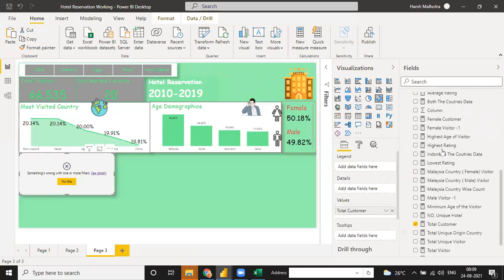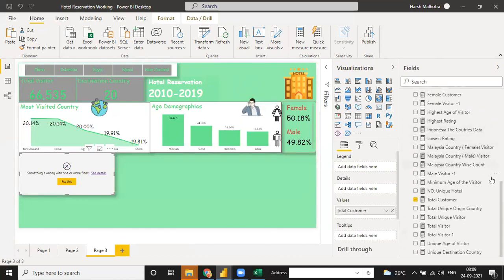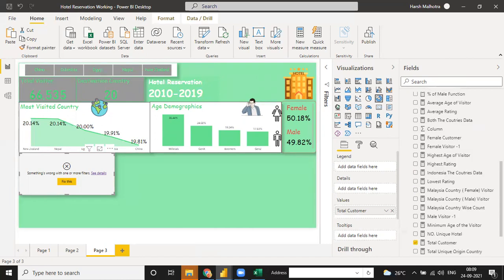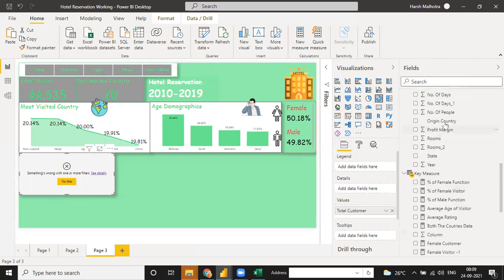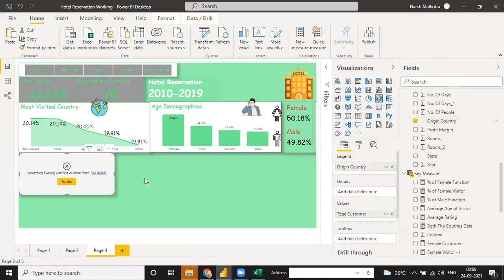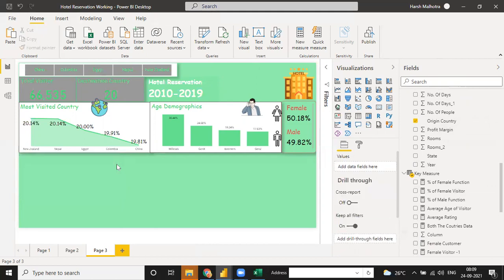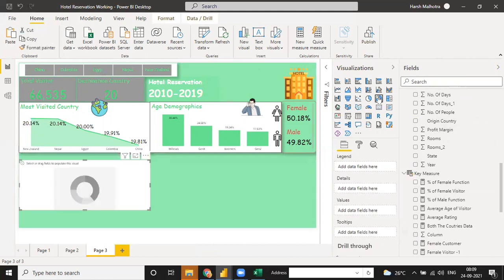Let me just use that total. Something else. Just click on donut chart.